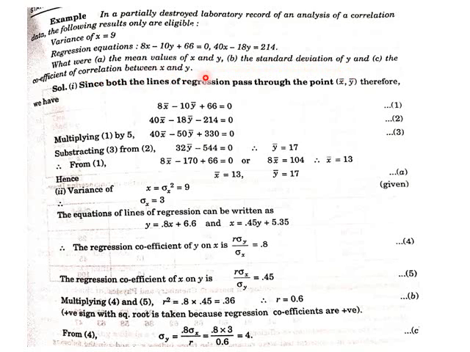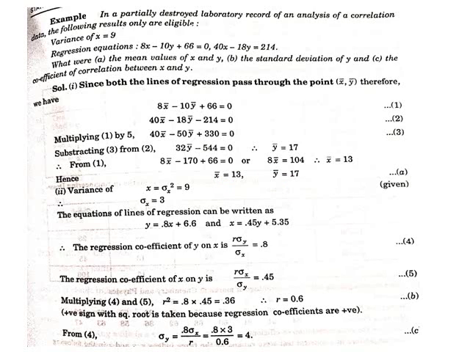So, we start with the mean values, because we know that both regression lines pass through the mean. It does not matter whether the line is of y on x or of x on y. So we first calculate the mean without any assumption. Let x bar, y bar be the mean. If we put x bar, y bar in the given regression lines, we get these two equations 1 and 2, and solving these two equations, we get mean of x equals 13 and mean of y equals 17.